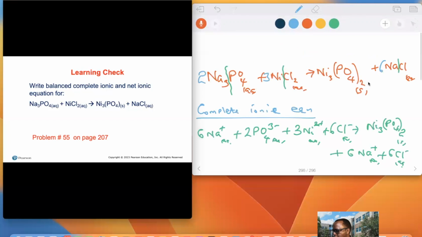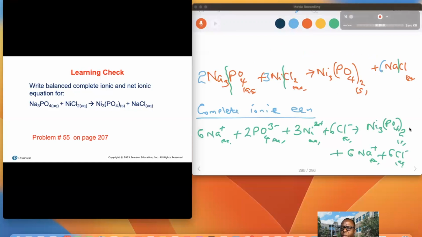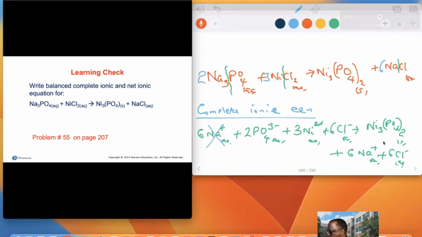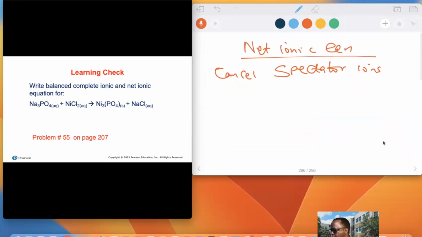In our case, what is not responsible for formation of the solid here, it is sodium and sodium, chlorine and chlorine there, chloride, and what will remain is 3 Ni